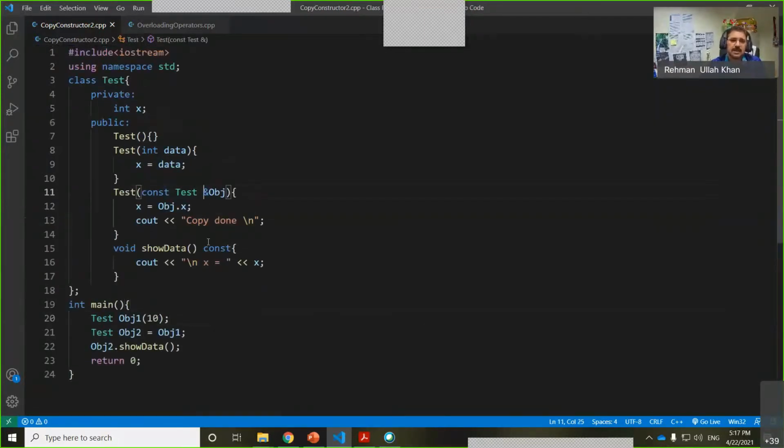But you see, if I change this one from reference to a normal object, I get an error message. Even though you see that this is const, if I remove this, I will get an error message here. So it cannot even compile, because the compiler already knows what will happen if this program runs.